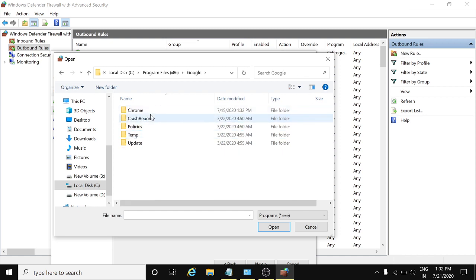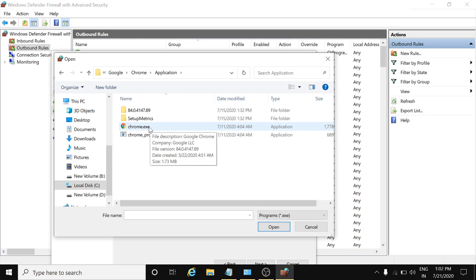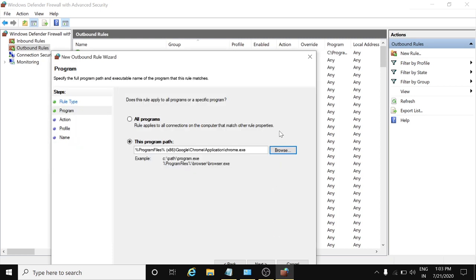I will open it, go to Chrome, and in the application I will search for the Chrome exe file. I will click on it, open it, and then I will do next